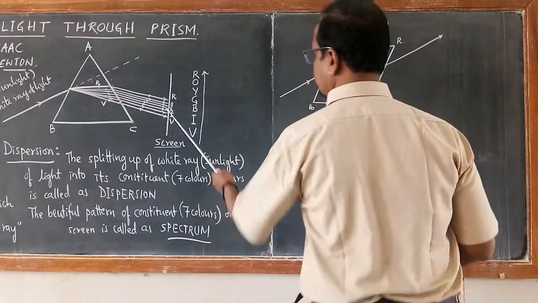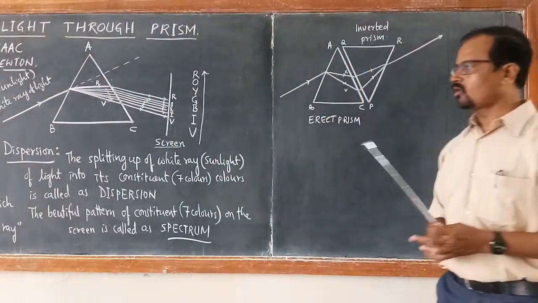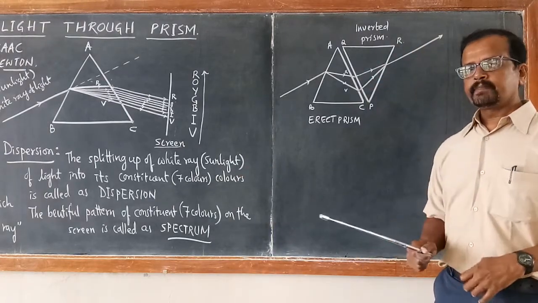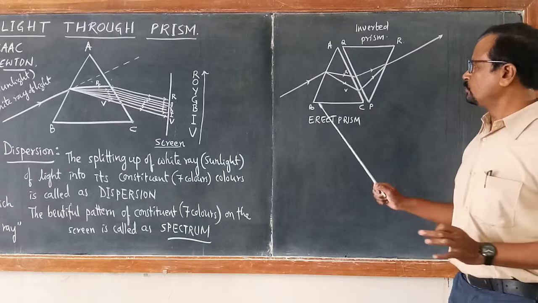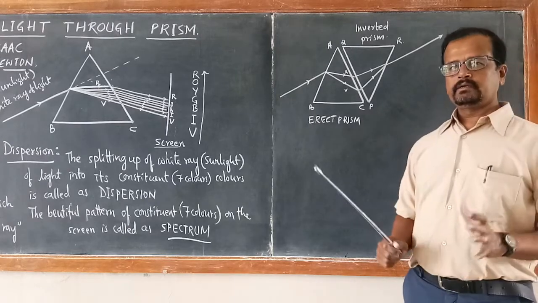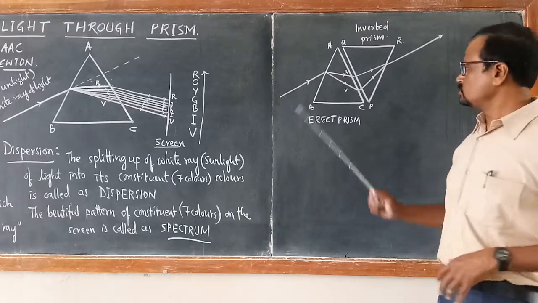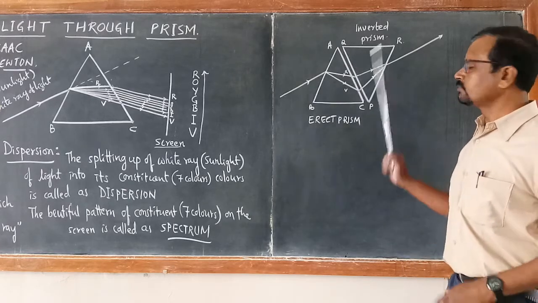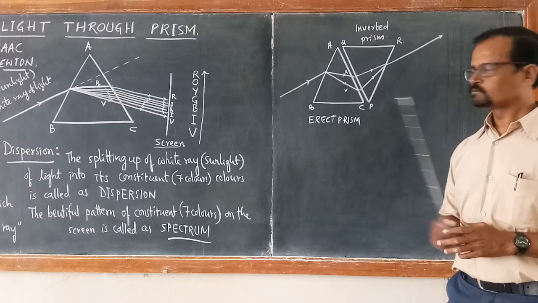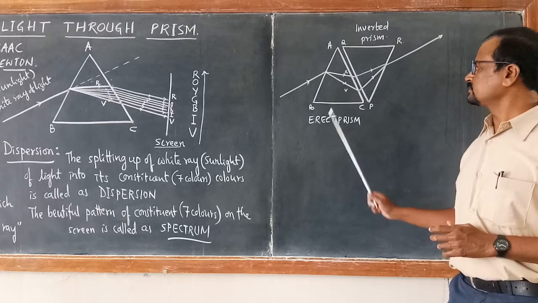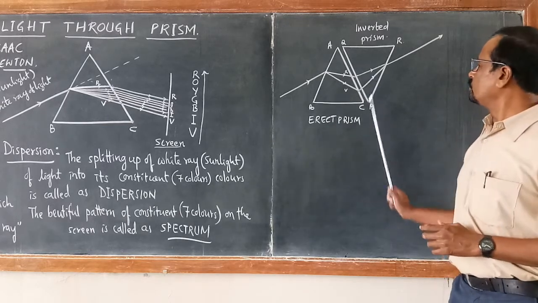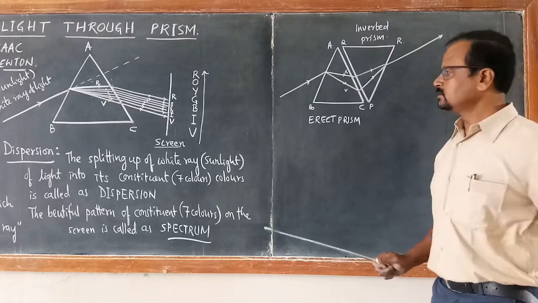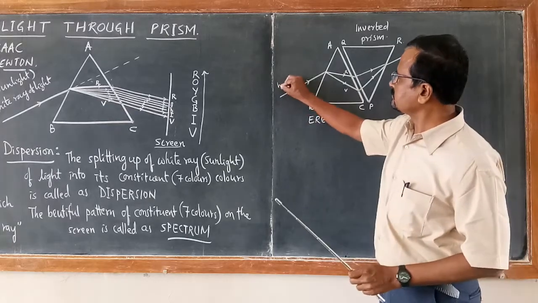In order to study the dispersion clearly, in order to obtain these 7 colors clearly, Sir Isaac Newton took 2 prisms and he wanted to analyze clearly. So he kept one prism erect, straight, another prism inverted, in contact with each other. ABC is an erect prism as it is here. PQR is another prism, the second prism, kept inverted side by side. When he allowed a white ray of light,